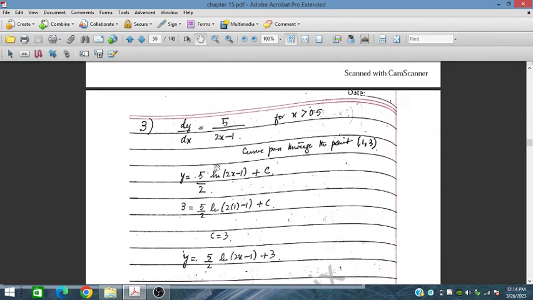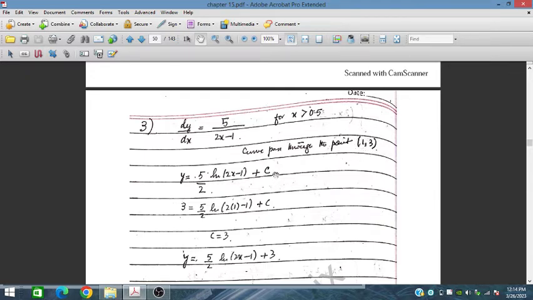So on integrating, we have 5 over 2 ln(2x − 1), and this 2 is here and this 5 is here, plus c. Now, since this curve is passing through the point (1, 3) as given,